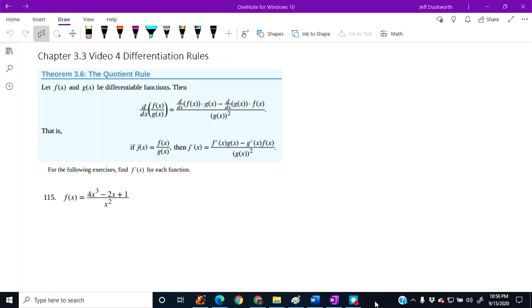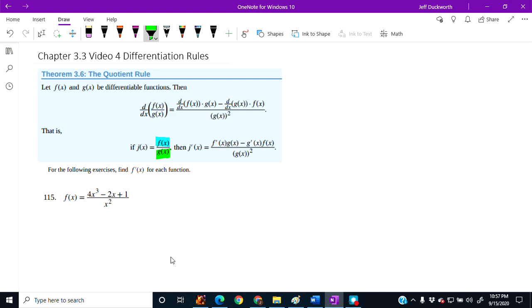And now we're going to talk about the quotient rule. So the quotient rule takes a function over another function. If you had some specific function, they're using j as some combination of two different functions. They've got an f of x, and then they've got a g of x, g of x being in the denominator. Then to take this quotient,